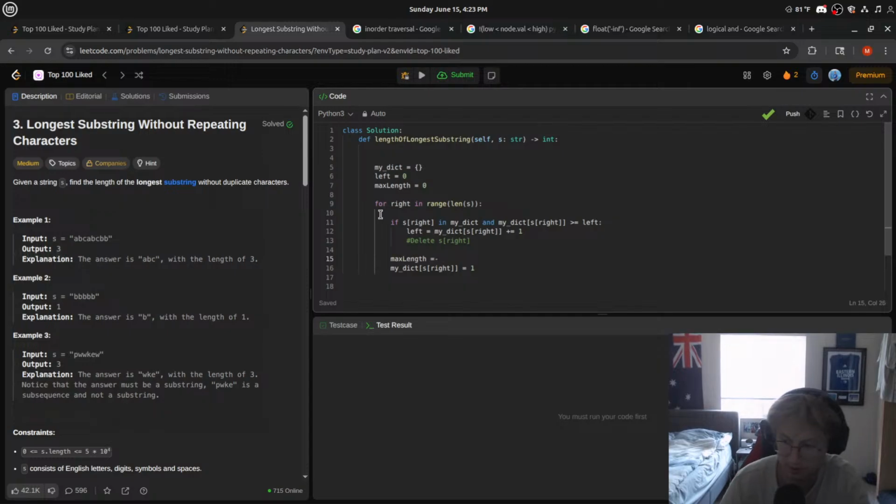My max length is equal to max length, right minus left plus 1. There you go, bro. There's a right minus left plus 1. I can hash map. There you go, code with PG. There's our right minus left plus 1 right there for you, bro. Thank you for that. For right, we check if S right is in our dictionary, and